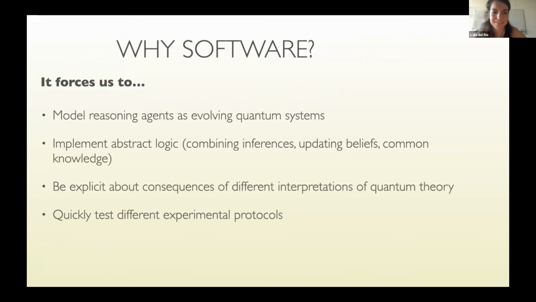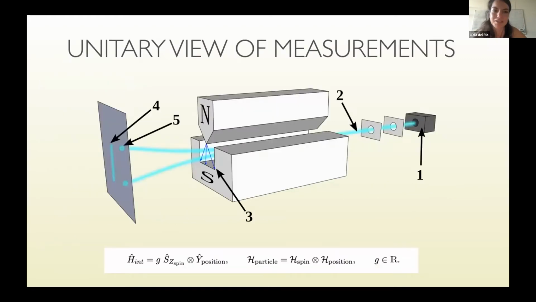Okay, so let's start then. And just to make sure we're on the same page, let's consider for now interpretations of quantum theory where at least at some scale there is a unitary view of the measurements, like Mauro said before, that, for example, in the Stern-Gerlach experiment, what's happening is that I'm entangling the spin degree of freedom with the position degree of freedom of the electron, or other particles, and this massive field, and that at the end we observe the position degree of freedom, right?